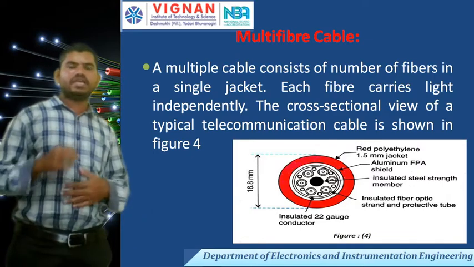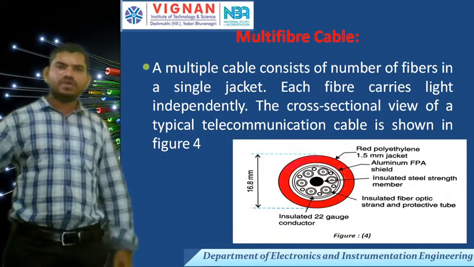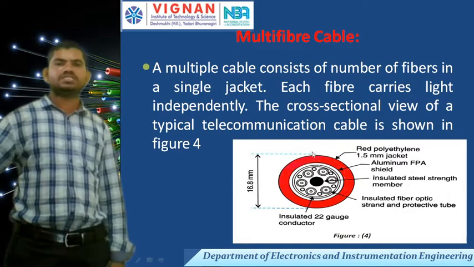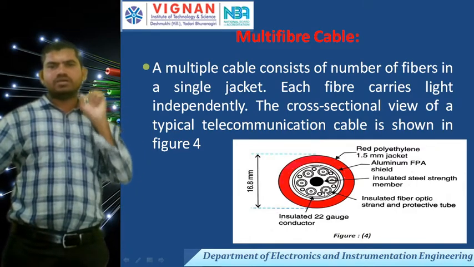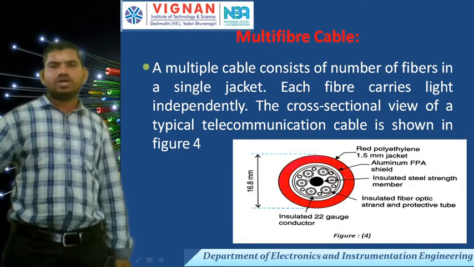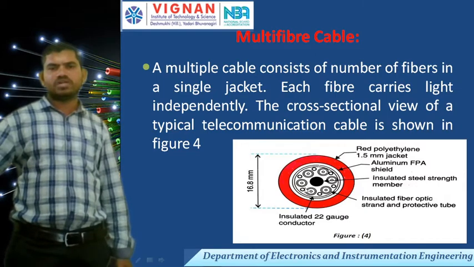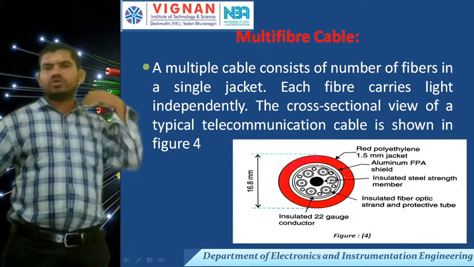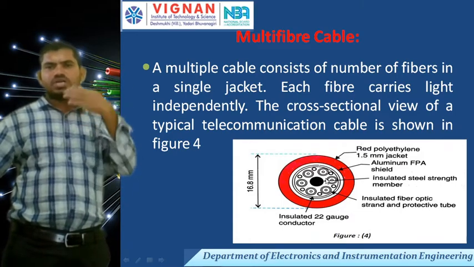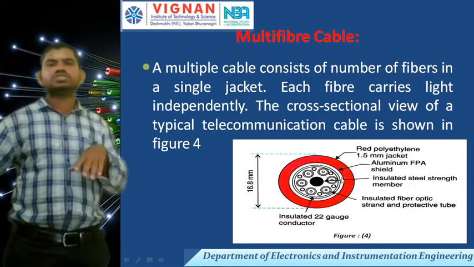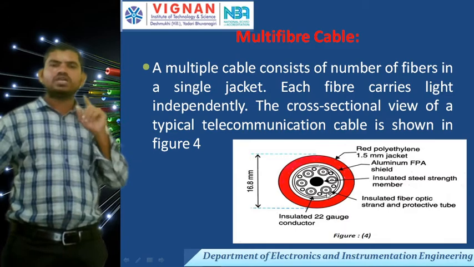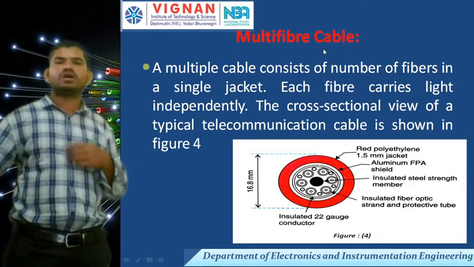Next, the multi-cable optical fiber. In a multi-cable optical fiber, multiple cables are built into one optical cable. Like this, here there are 6 optical rays that we can transmit at a time from the transmitter to the receiver. That means more than one cable is there, a combination of more than one optical cable, which is nothing but a multiple optical cable.